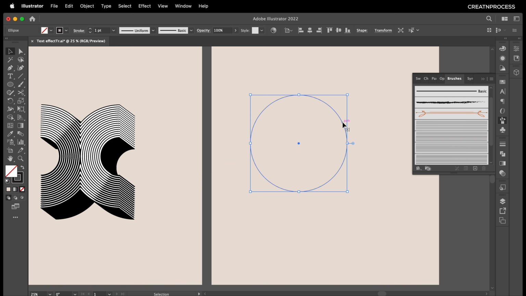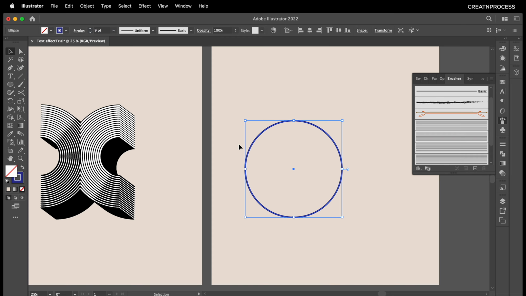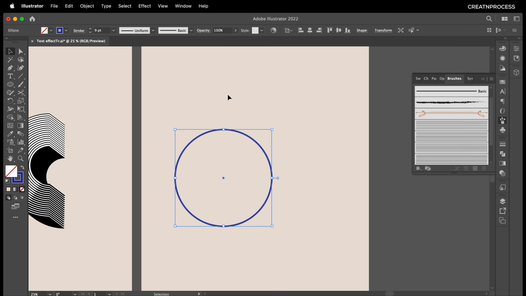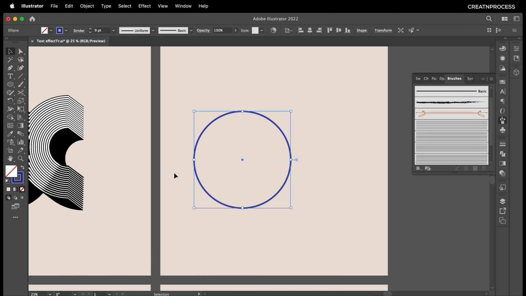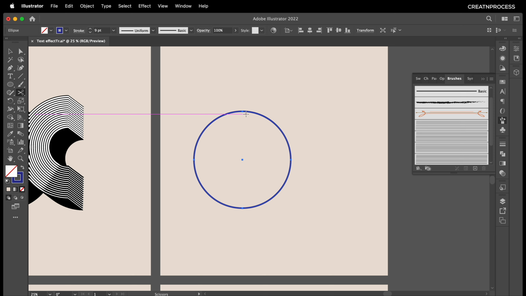Now here we go. Now I'll just add a stroke. It's a black color, so I'll just change it to any color and increase the stroke thickness, something like this, just to see it properly. Now if you see closely, you can see it's a half of a circle. So let's cut this into half. Using the scissor tool here, and the shortcut is C, so I'll press C and make one cut here, then the other cut there. And I'll just delete this other half because I don't need this,